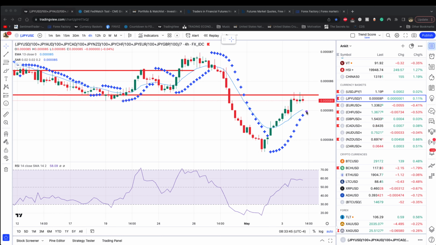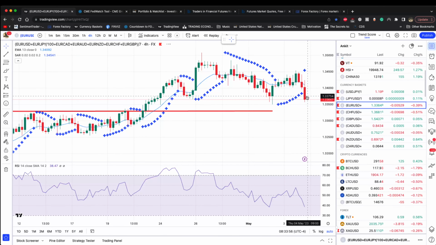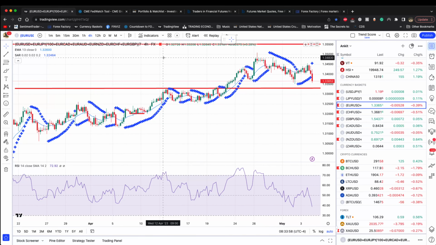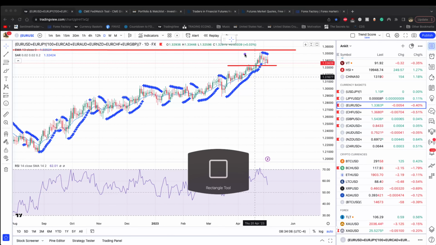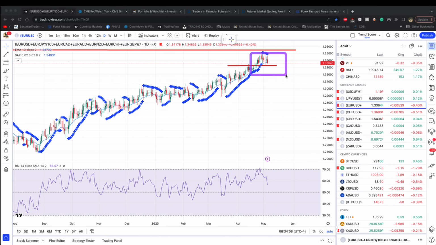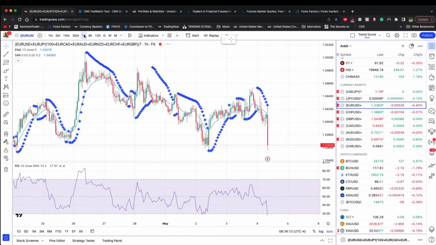So it's pretty clear to me that you don't want to buy the initial move, because the initial move is going in either direction, but there's no follow through. So here we are with the euro, and you can see that the euro has been one of the strongest currencies in the past few weeks. I mean, let's go on a daily chart. You can see that this actually has done really well. So the question is, do I want to buy the euro or do I want to sell the euro?